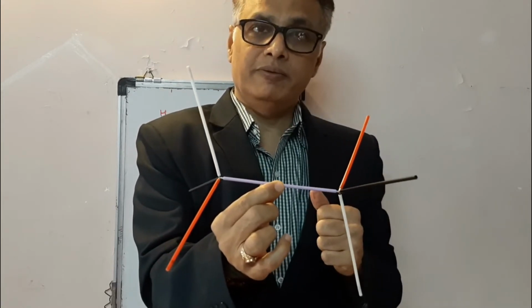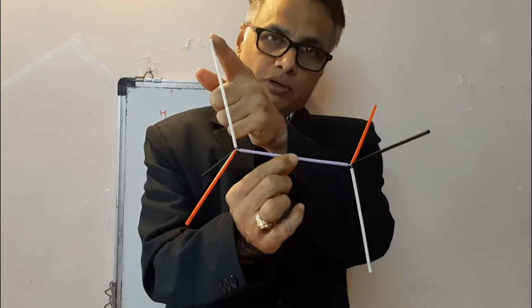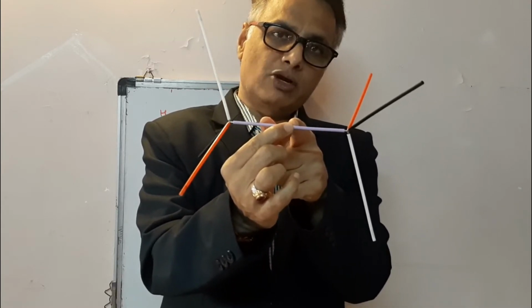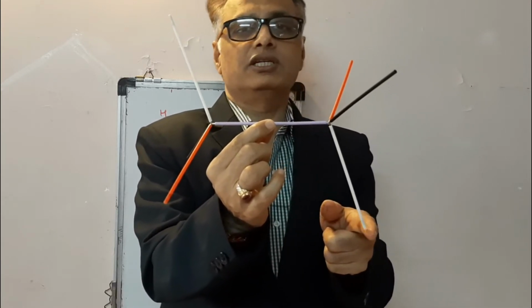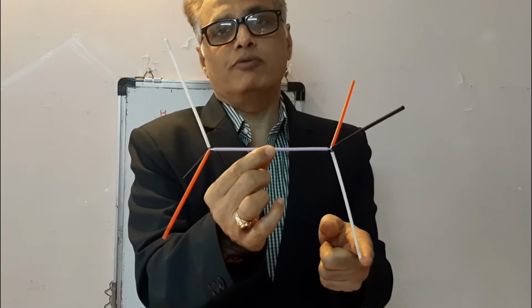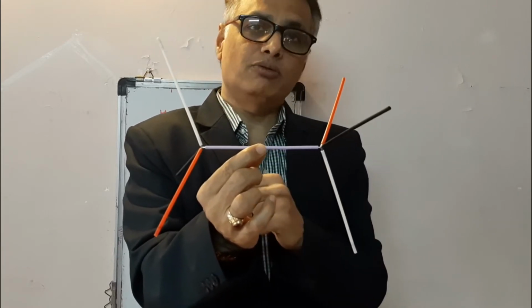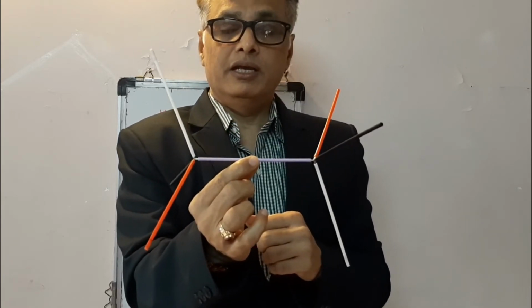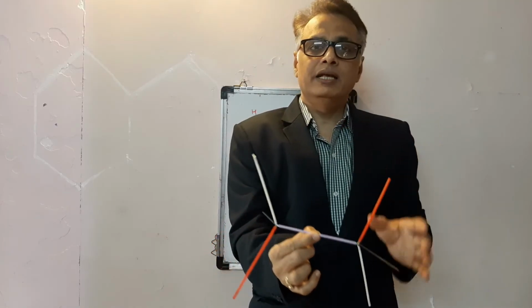It contains a center of symmetry. Suppose this is our chlorine atom. If in a molecule a straight line is drawn from every atom to the center of the molecule and continued in the same direction, it encounters an equivalent atom at an equal distance. So it contains a center of symmetry. It doesn't contain a plane of symmetry. So it contains E and i. Therefore, it belongs to the Ci point group.